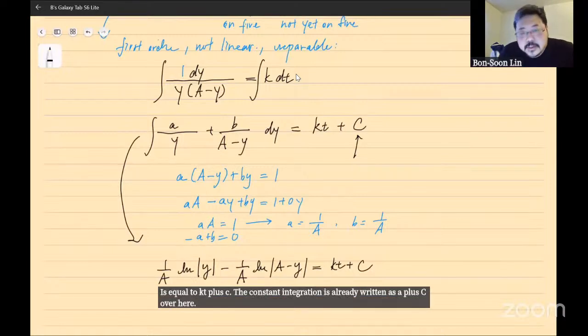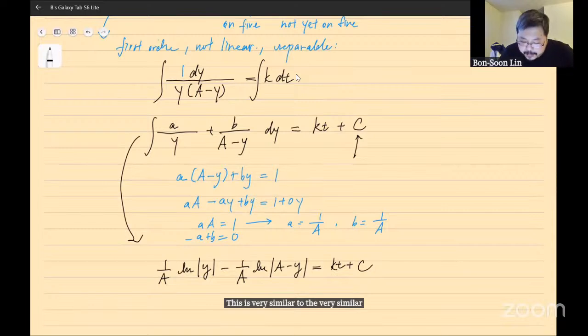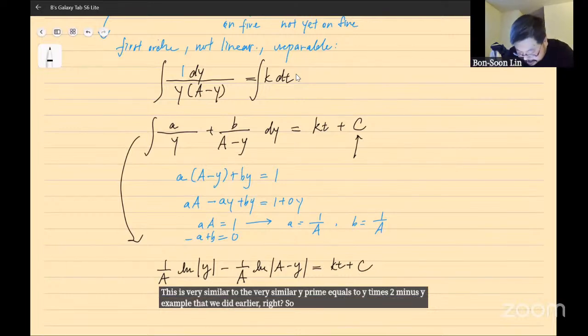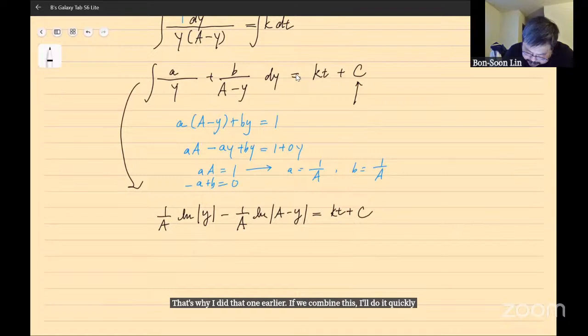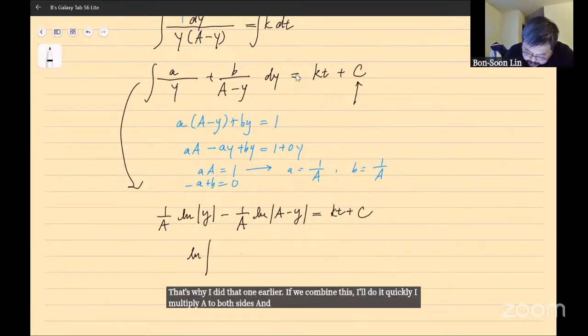This is very similar to the y prime equals y times (2 minus y) example that we did earlier, right? So hopefully this is not too surprising. That's why I did that one earlier. If we combine this, I'll do it quickly. I multiply A to both sides, and I combine the logs. I have natural log of y divided by (A minus y) is equal to Ak